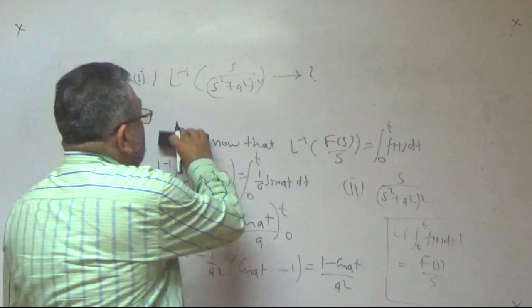Put t minus u equal to w, then dt equals dw. Then the limits change: when t equals u, w equals 0, and when t equals infinity, w is also equal to infinity. So by this substitution, this integral becomes